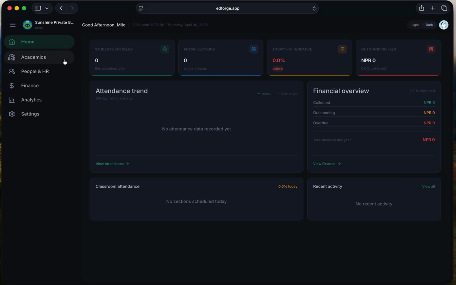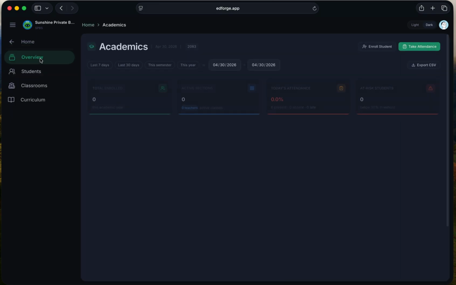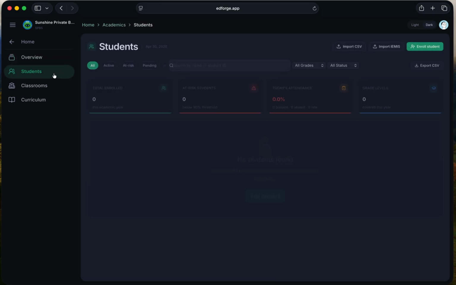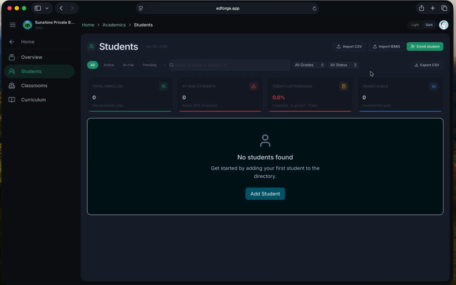from the home page we will go into academics, and then we will go to students, and here we will use this import IEMIS. So this is a portal that the government of Nepal supports, and that allows the schools to export their student data. And we are here importing that Excel sheet as an export into Edforge. So I will go ahead and click here,